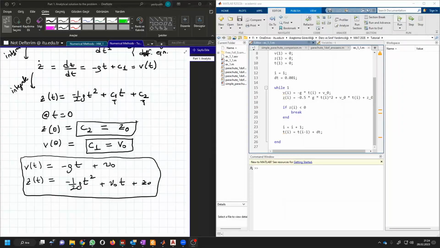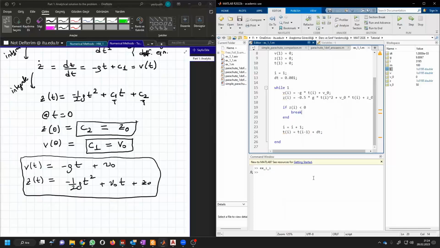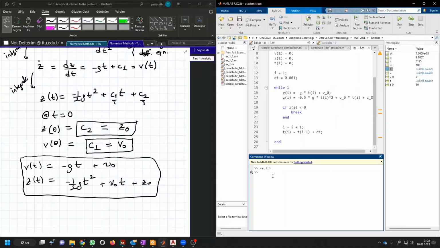Now let's run our little solver. In the workspace I can see that I have no error here. My time, velocity and location, position, state variables are calculated and stored in double arrays. So I can plot my state variables